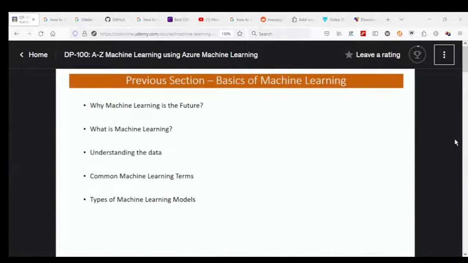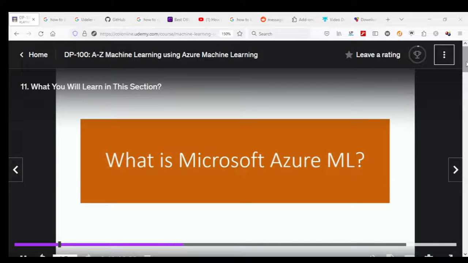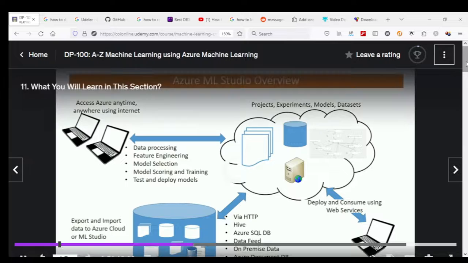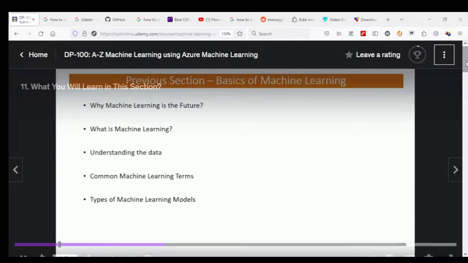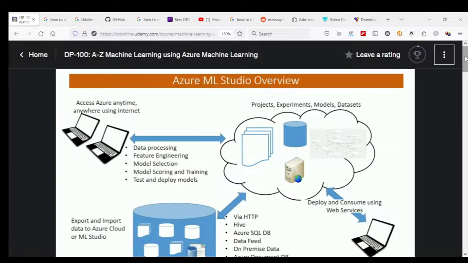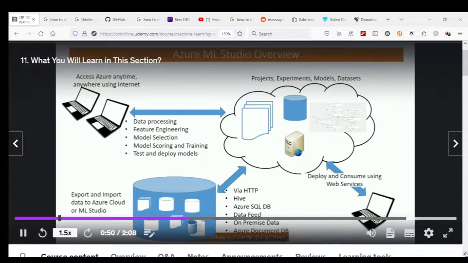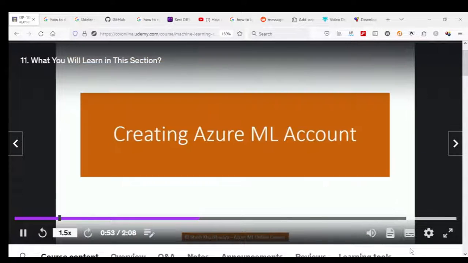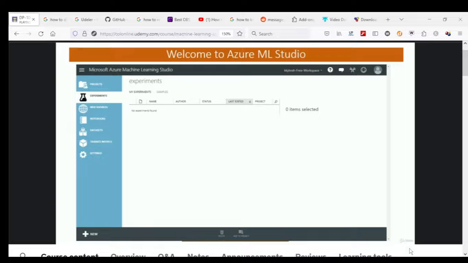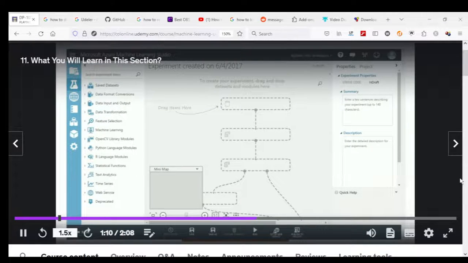Now, in this section, we will cover what is Microsoft Azure ML along with an overview of the Azure ML Studio. We will also create your free account on Azure ML and then walk you through the various modules and sections within the studio. Every machine learning algorithm implementation follows a set workflow, and we will cover that in the context